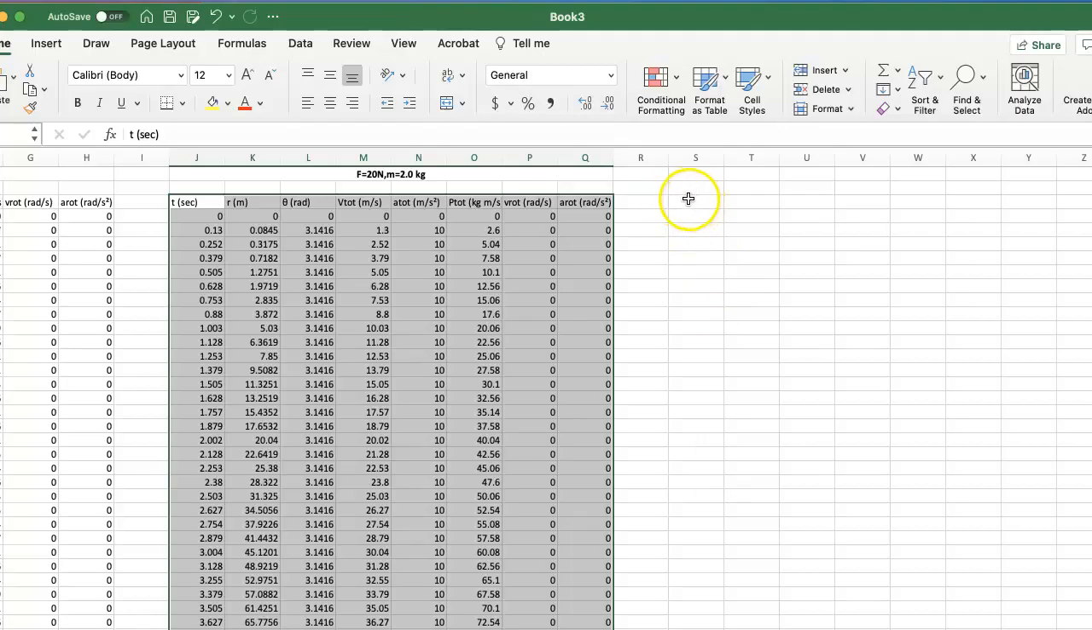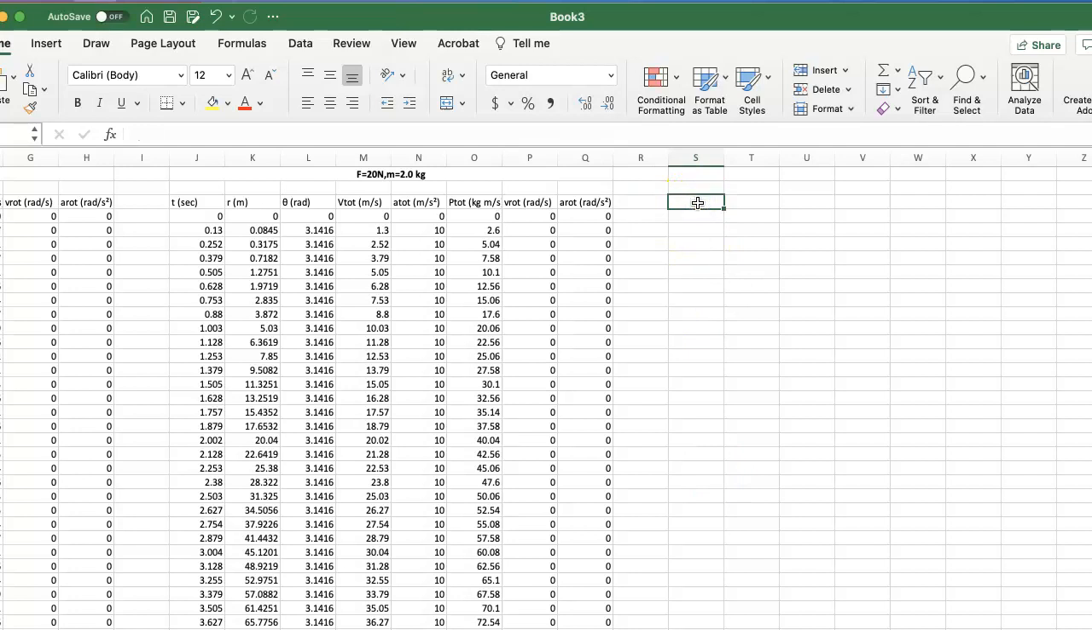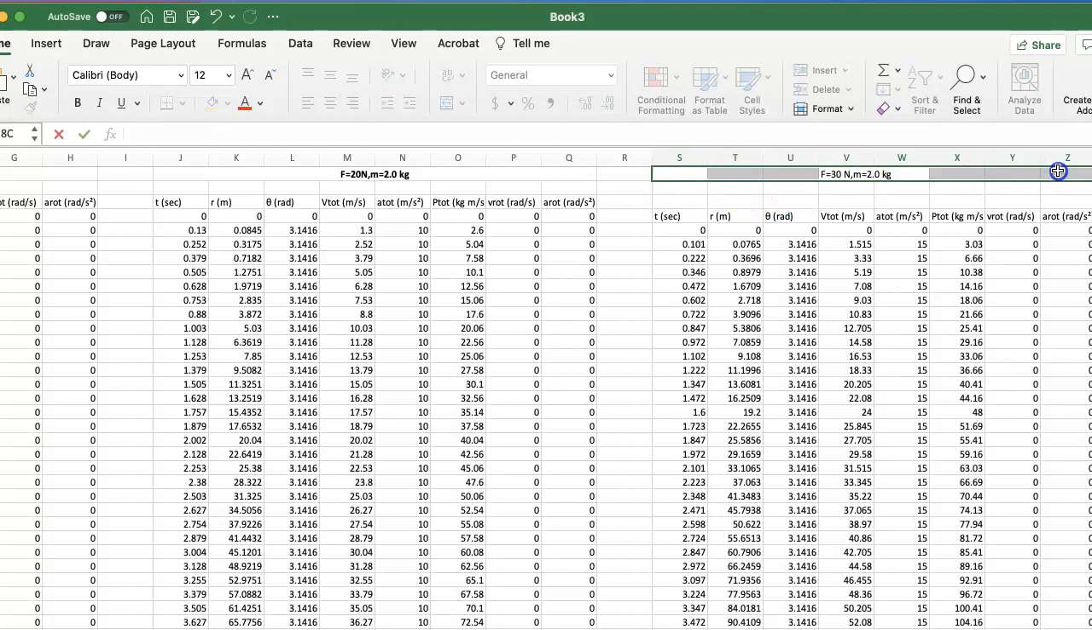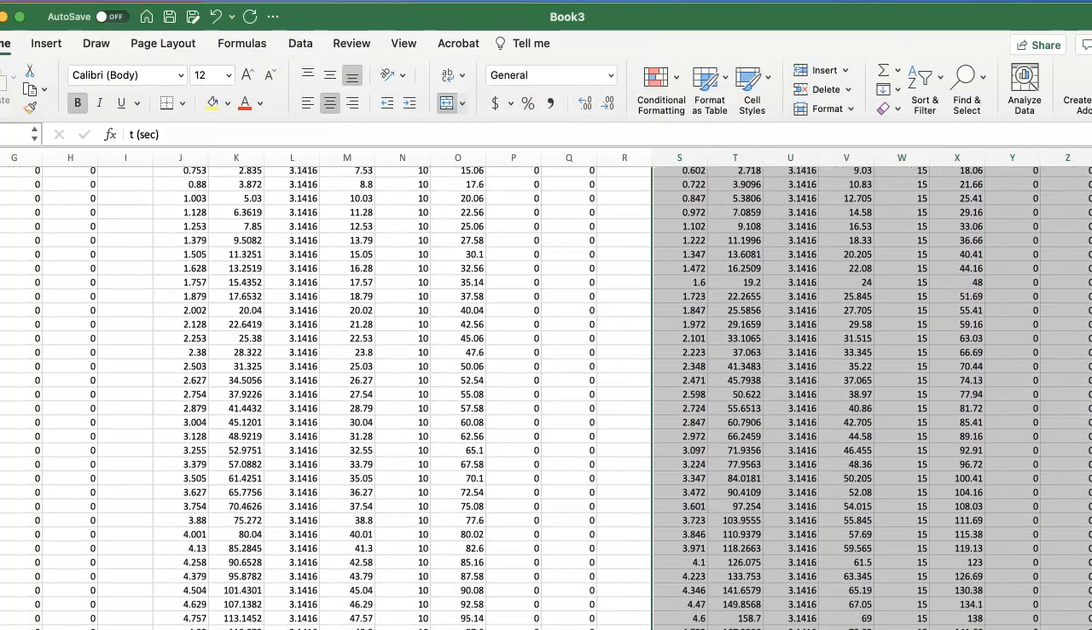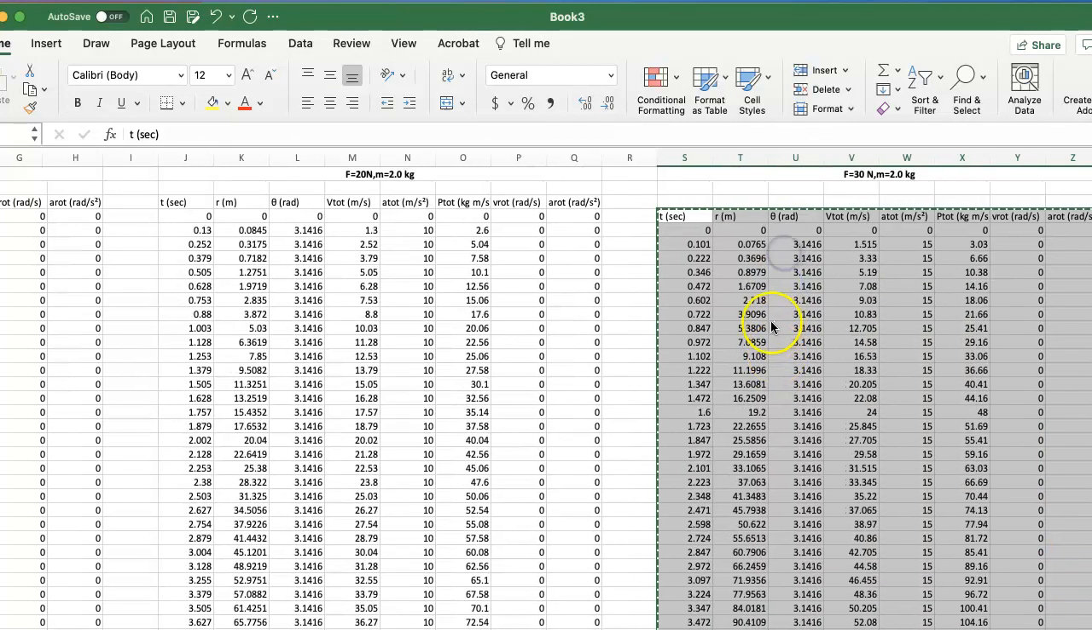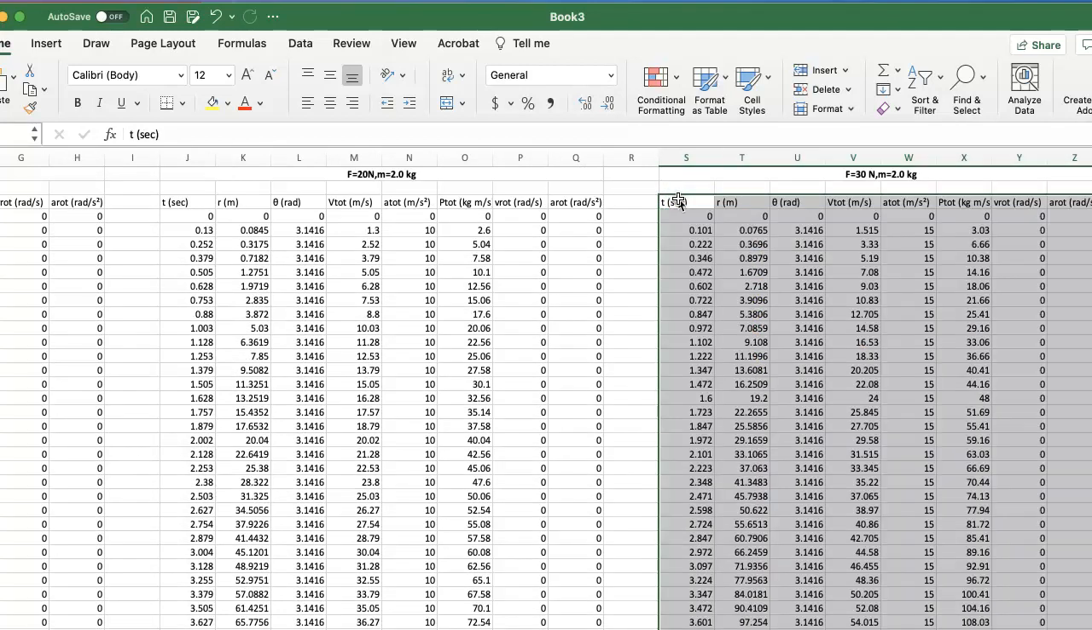Okay, then this here is going to be my last set, which is F equals 30 in newtons, and the mass is 2 kilograms. And I will again merge and make it. I don't know why when I pasted it came out wrong like this. Okay, then I'm gonna cut that. And all right, now